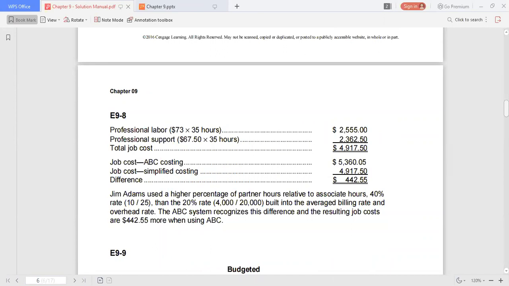Prior to instituting an activity-based costing system, Mason and Houghton, the attorneys in E9-6 and E9-7, utilized a simplified costing system with one direct cost category, professional labor, and one indirect cost category, professional support. The average wage rate for professional labor was 73 per hour, and the overhead rate for professional support was